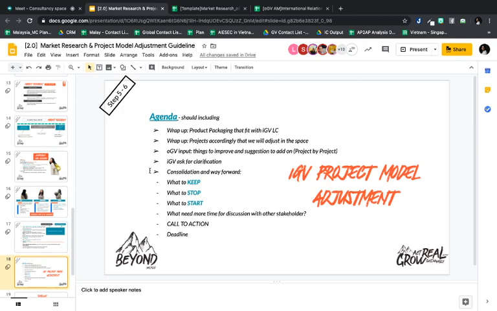Okay, and then after that we have the whole consolidation regarding what to keep in the project, what they should stop, and what they should start. And then what they need more time for discussion on.